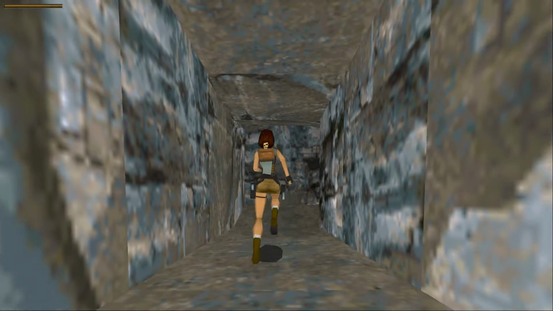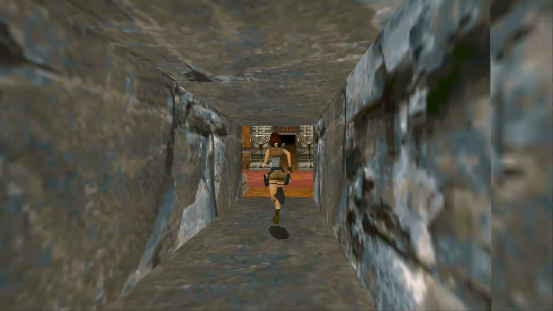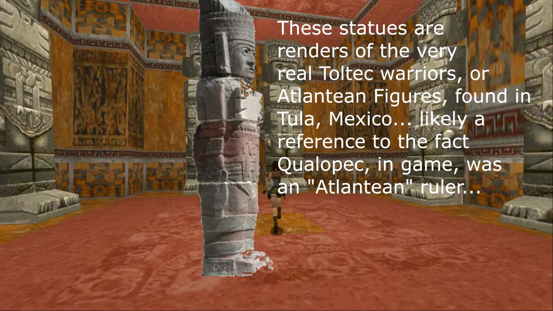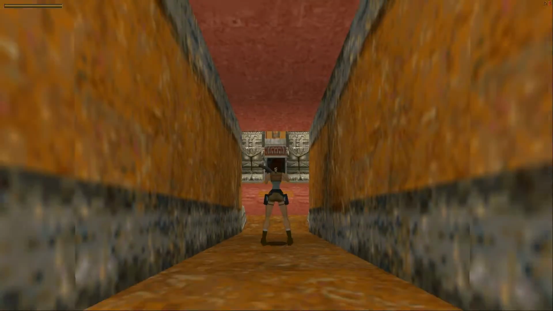Alright, it's going to be the Tomb of Qualopec coming up here. It's actually a very short level. It's not that bad. I could demonstrate the shotgun, so I might as well. I mean, I really don't use it very often. So, first thing you want to do when you come in here...